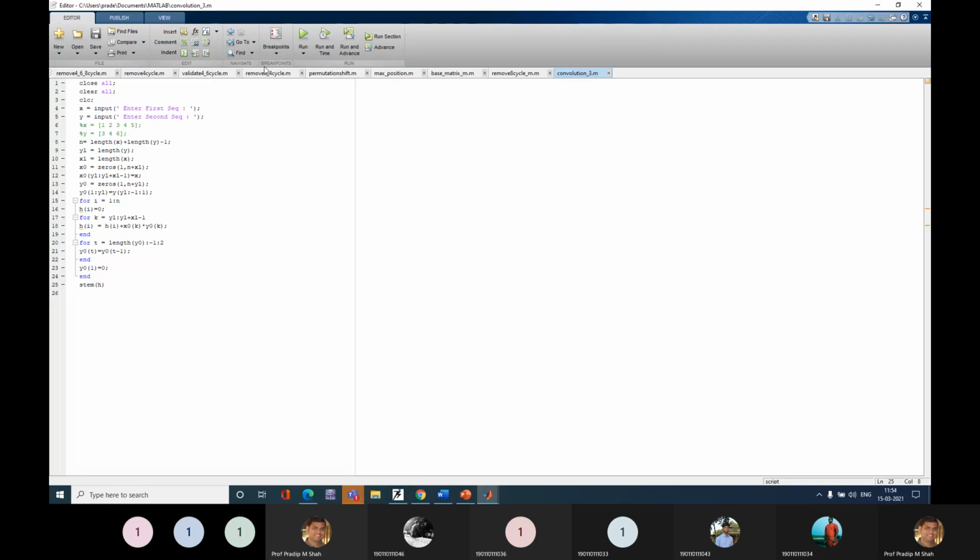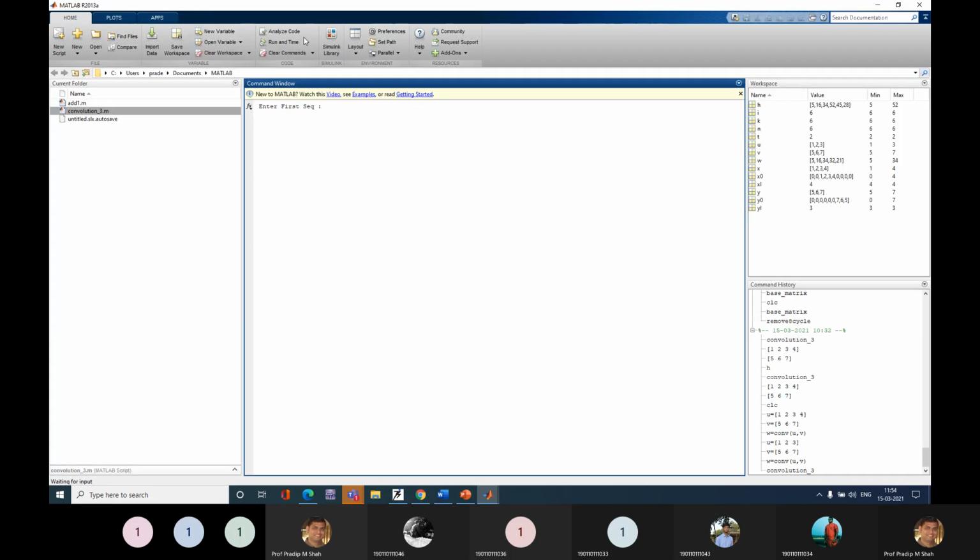Okay, so I'm going to run this program. Now you can see on the command prompt, it asks to enter the first sequence. So I'm entering my first sequence. This is a user defined program. You can enter any sequence. I can enter 1 2 3 4 5.